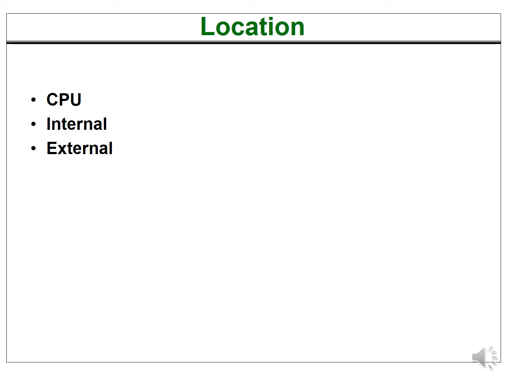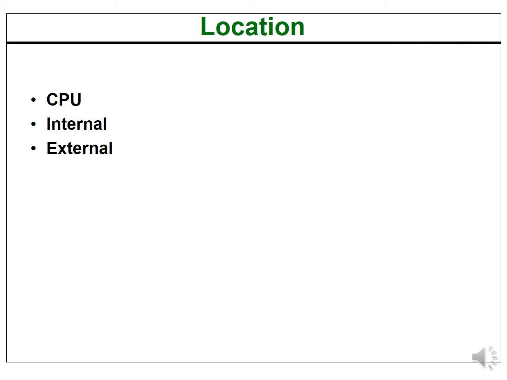In terms of location, we may have three types of memories. The first is the CPU. When we say that the location is the CPU, we are actually talking about the memory unit that is present within the CPU. Yes, I am talking about the CPU registers. They are the smallest, fastest memory devices. Although I started off with saying that we will talk about the memory, CPU registers are also a type of memory. They come under the memory unit that is present within the CPU. So the first location is the CPU, where we talk about the registers. As I said, they are the fastest and the smallest memories.